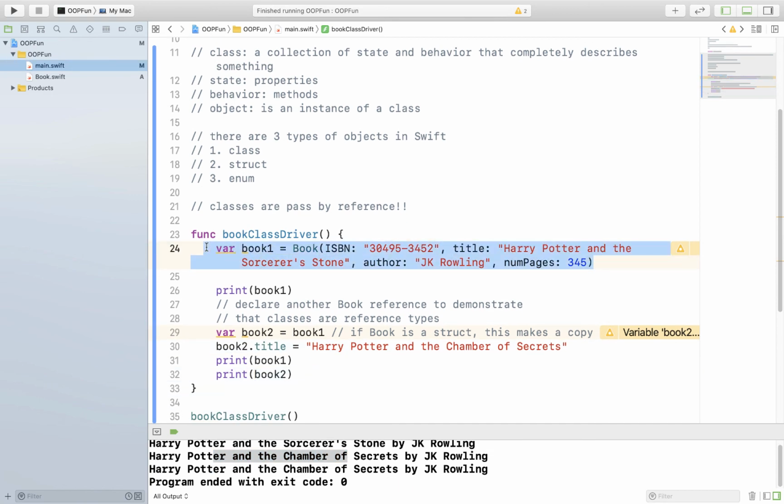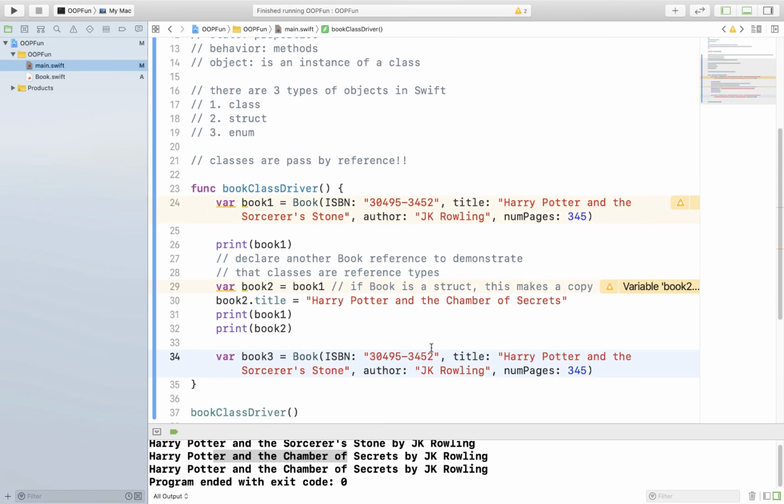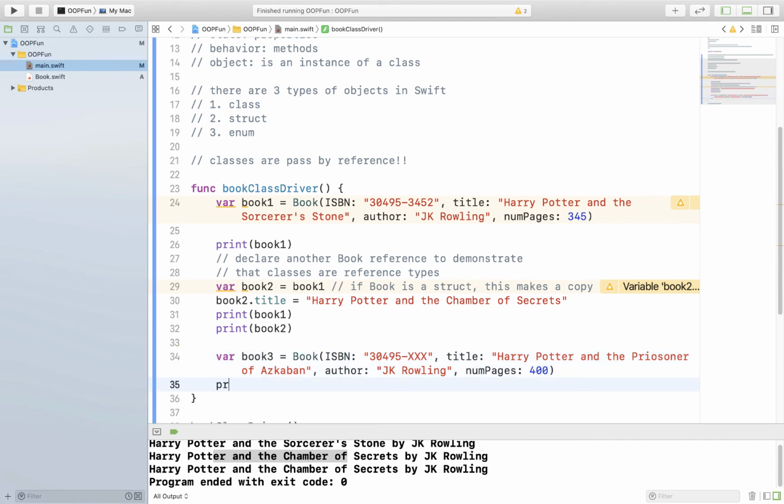All right, let's say I make another book object, just so we can get more practice creating these book objects. So let's do book 3. I'm just going to make up some numbers here. Let's do Harry Potter and the Prisoner of Azkaban. This is my favorite Harry Potter book in the series. Now this one, I don't know how many pages it has. I know it has more. Let's say 400 pages. All right, so let's print out book 3, and then let's run this,